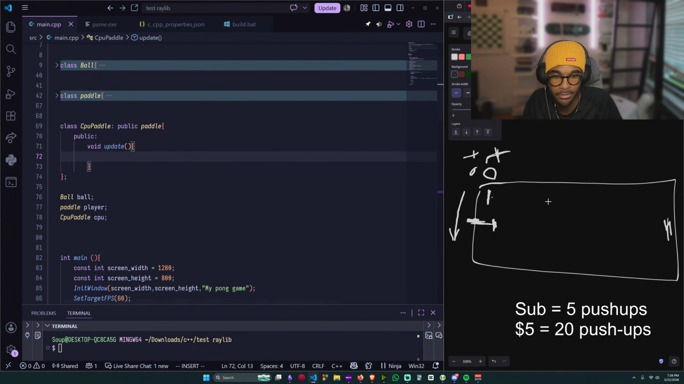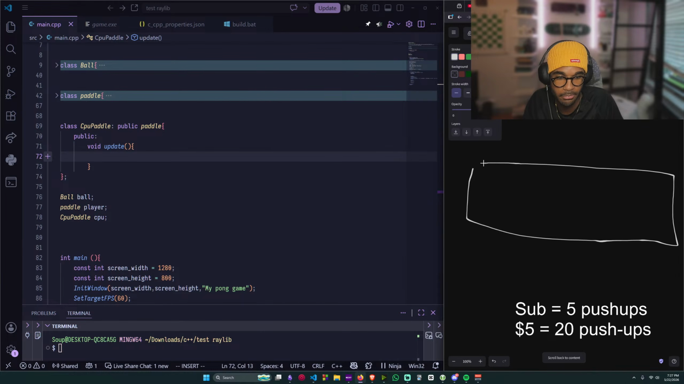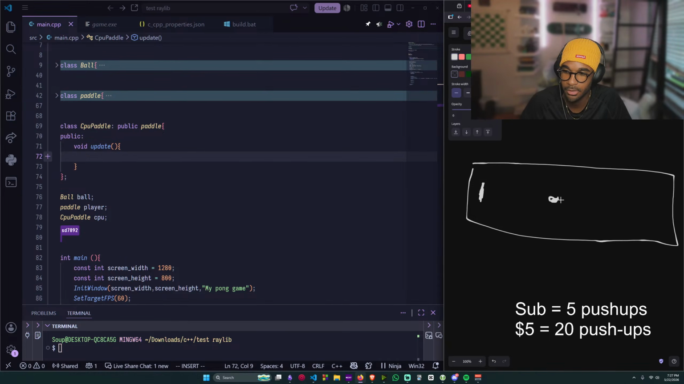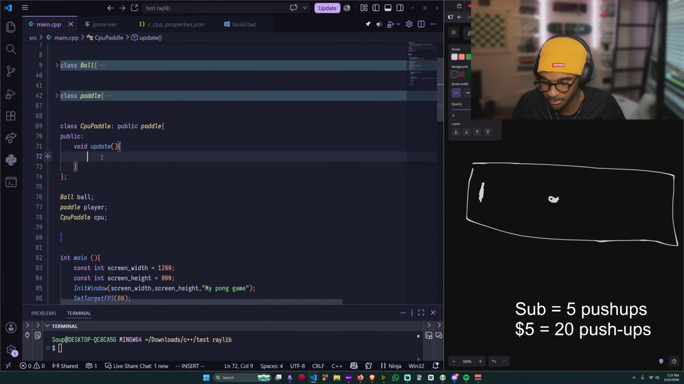So basically, oh wait, pause. So we got our game here. River paddle, balls coming in. If the rectangles are drawn from the top left, I believe, so we need to check the center. So it's just going to be the height divided by 2. And then if the ball, and we're just going to compare that to the ball's Y position. Okay, cool. Okay, so if